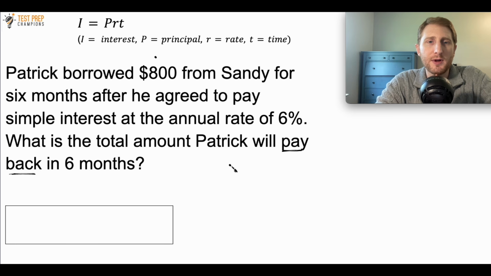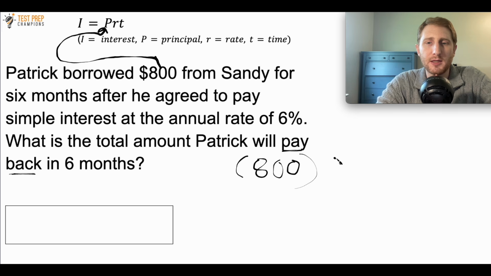So to start off here, let's plug the numbers that we have into our formula. I equals PRT. So the principal is the initial amount, right? So Patrick borrowed $800. So 800 is going to go into the formula for P. Okay, so let me start with that, 800. Now, what about the rate? Well, it says an annual rate of 6%. So 6% as a decimal is